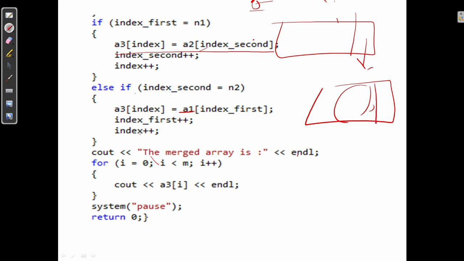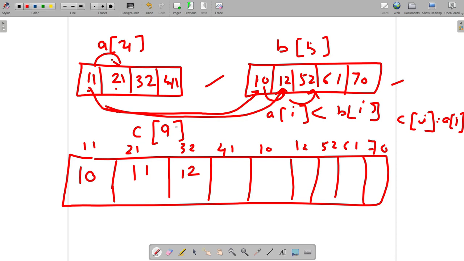Otherwise, if index second has reached the end of the second array, whatever is left in the first array will be copied to the third array. And here we are printing the merged array. So this is how we merge two sorted arrays. Let's take another example.